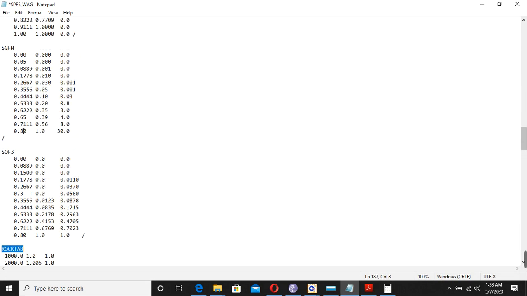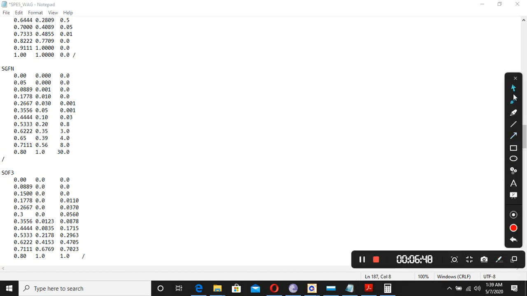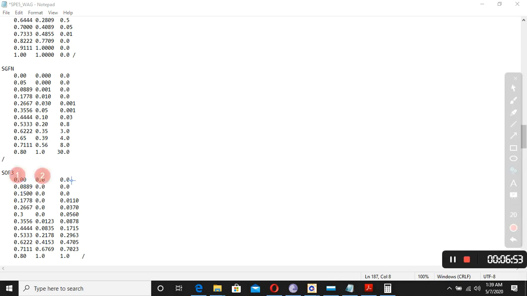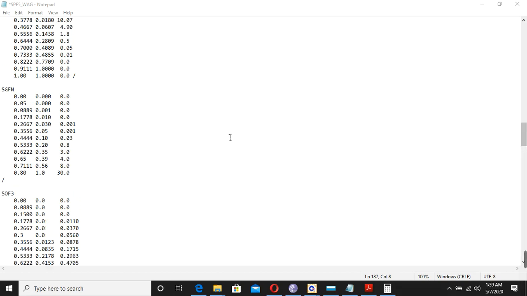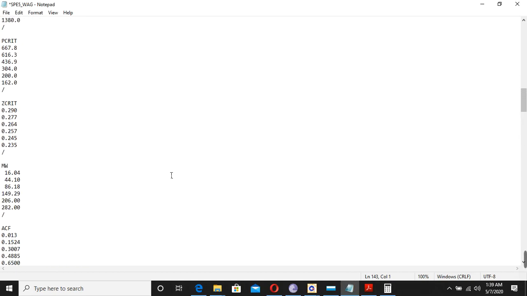Likewise you can check all these components. These are the relative permeability data: oil, relative permeability, and capillary pressure. We have 3 points here. This is for oil, SO, so oil saturation. This is SG, meaning gas saturation. And if you look ahead, this is SW, and this is especially for water alternating gas injection, the Stone model. If you search the Stone model, you will get all the details regarding this one.